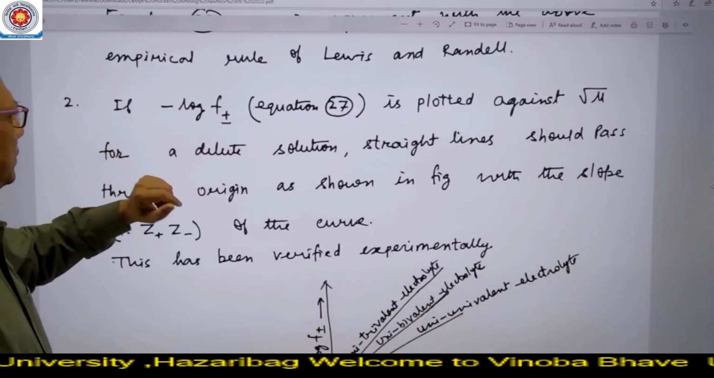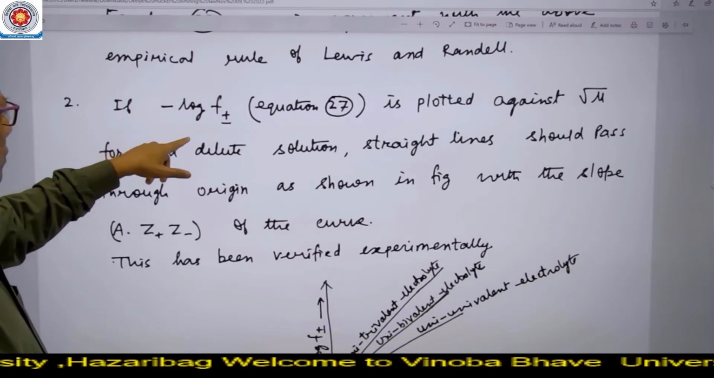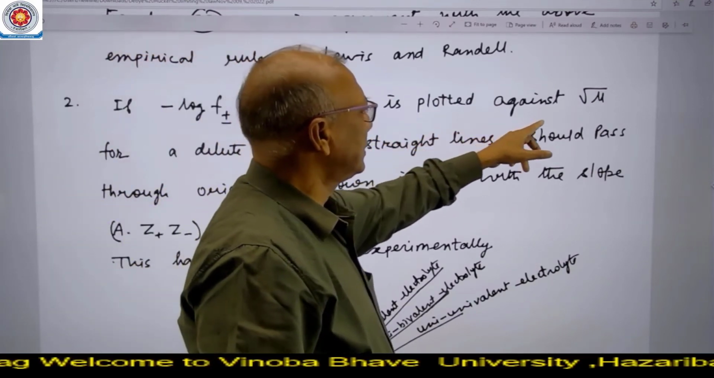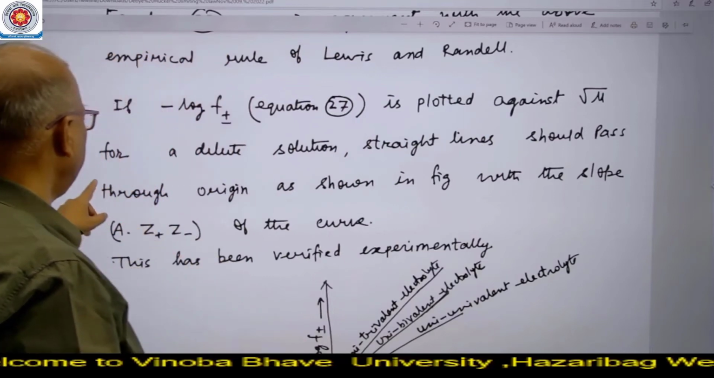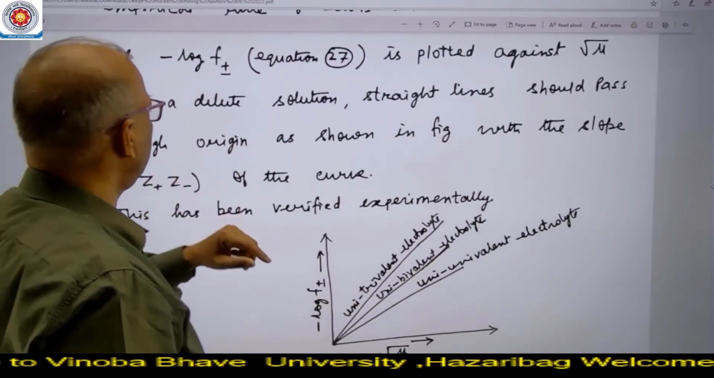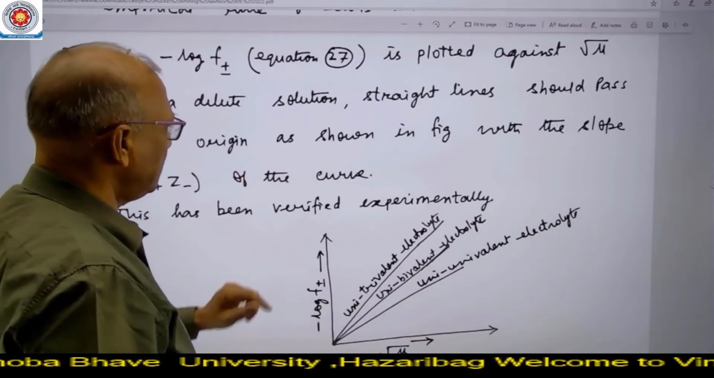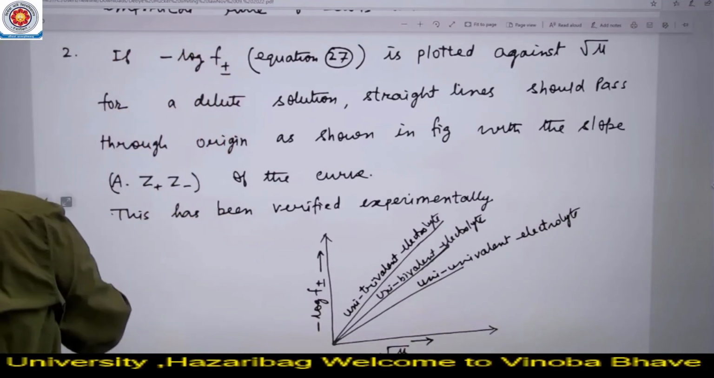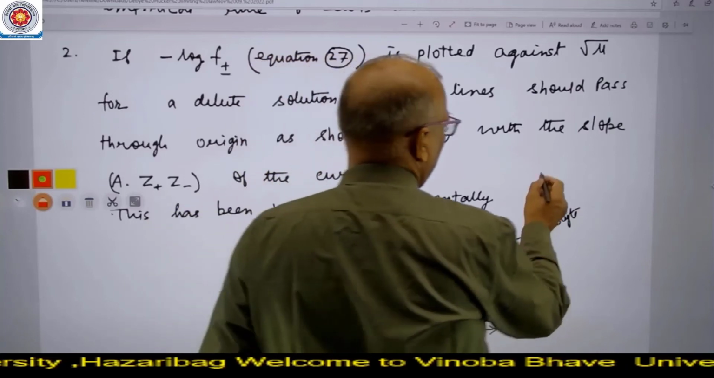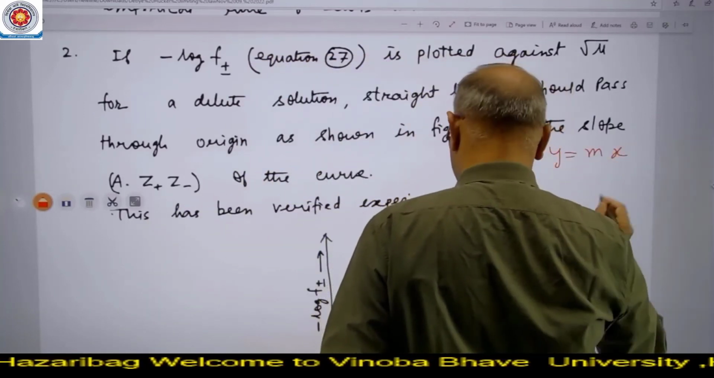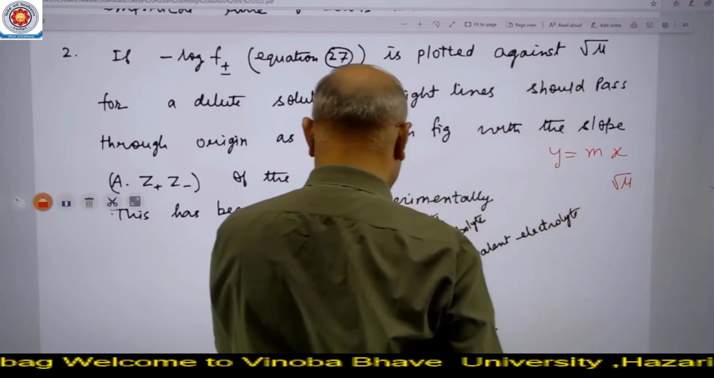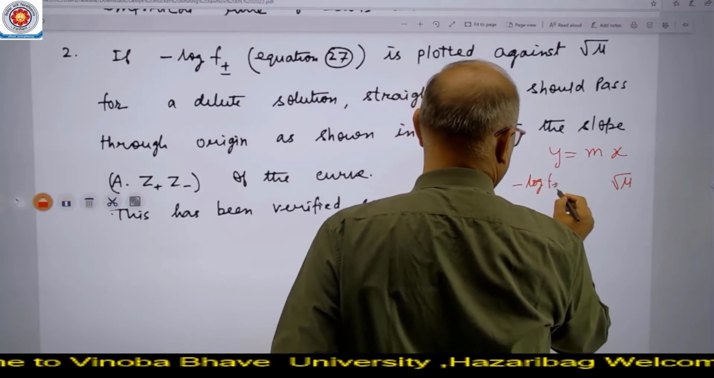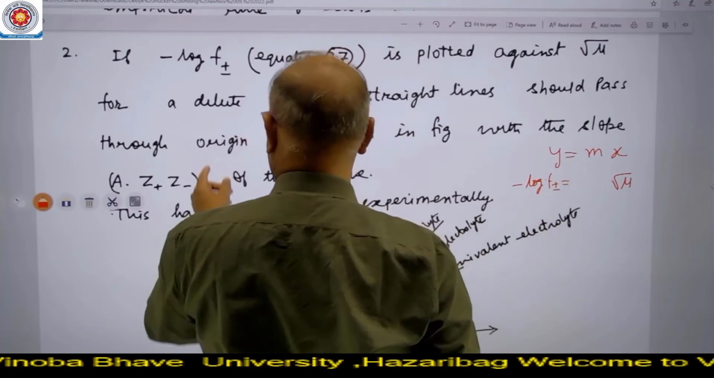दूसरा टेस्ट इस तरह से है कि जो इक्वेशन 27 है, माइनस log f± जो मीन एक्टिविटी कोएफिशिएंट के लिए लिख रहे हैं, अगर इसको हम ग्राफ प्लॉट करते हैं अगेंस्ट √μ, आयनिक स्ट्रेंथ, के साथ, तो for a dilute solution a straight line should pass through the origin as shown in the figure. क्योंकि हमारा इक्वेशन y = mx के फॉर्म में है, और x की जगह पर √μ है और y की जगह पर −log f± है, और m की जगह पर हमारा A